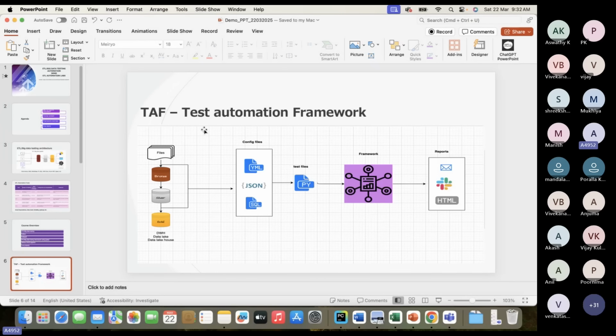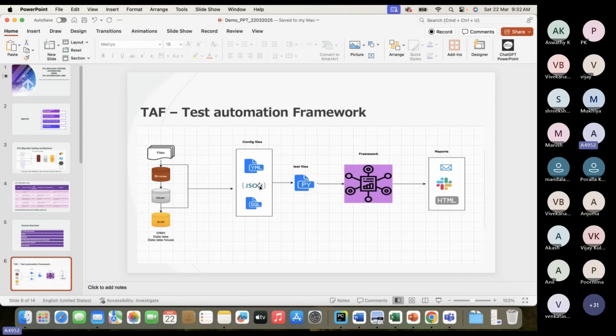First, let me explain this framework architecture, then we'll jump into the live demo. In the config files, we keep YML files as a configuration file, and we also use JSON files. As I mentioned, CSV files with header, without header, JSON files with some tags, and Parquet files or Avro files. For all of these, we need to provide the schema because we should not do any manual effort.